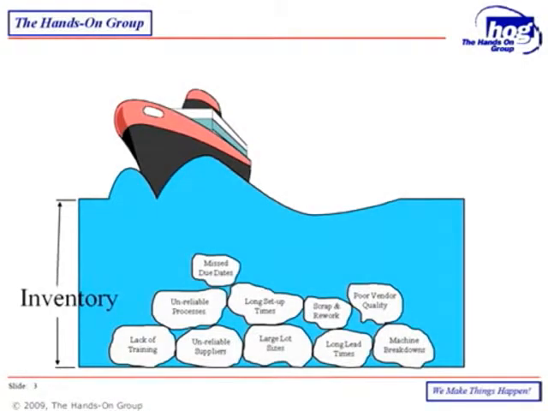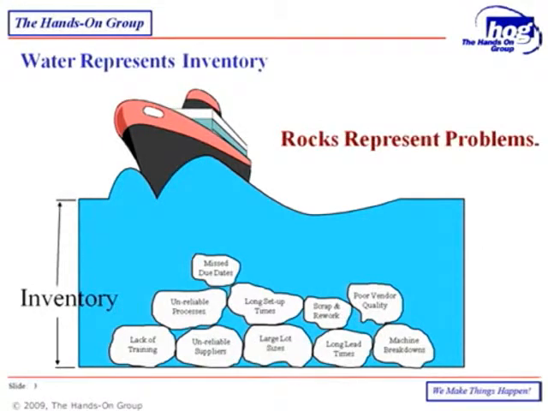Let's begin with the classic rocks and water analogy. In this analogy, our job is to sail across the pond. The water in the pond represents inventory, the rocks represent problems. Note that as long as we maintain enough water, we never have to address the problems. Similarly, the typical corporation uses inventory as a means to cope with problems, in other words, to live with the